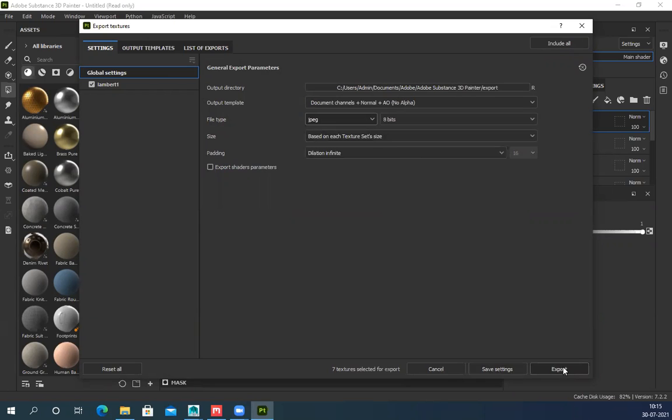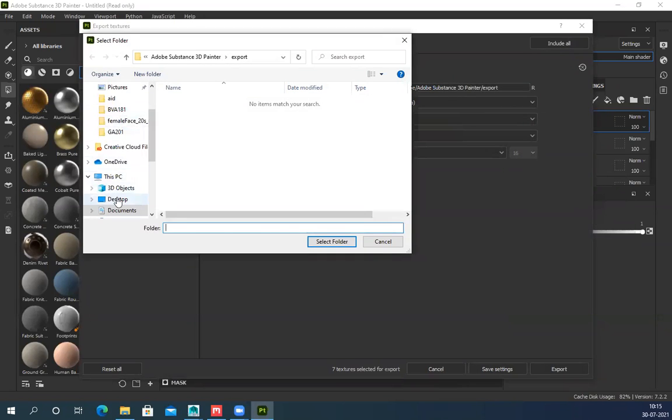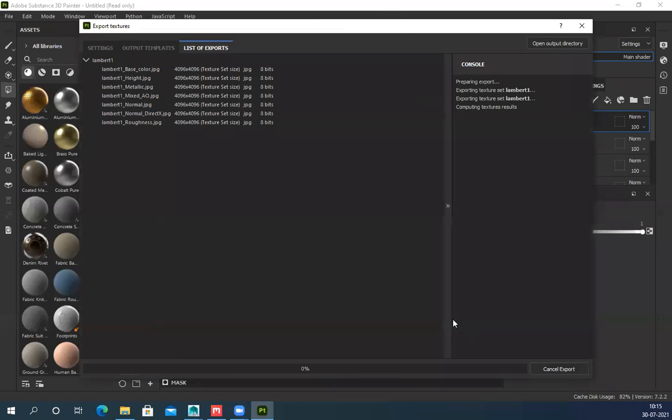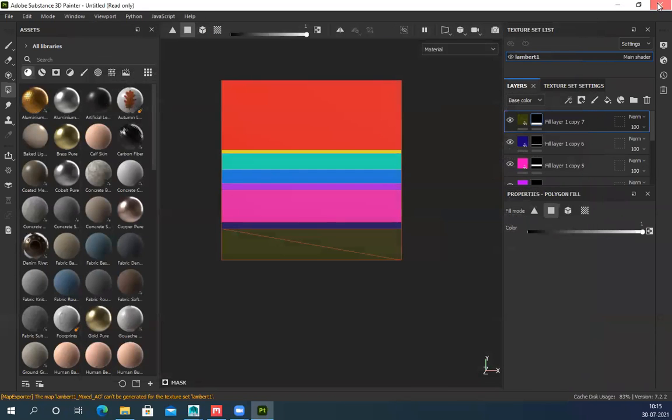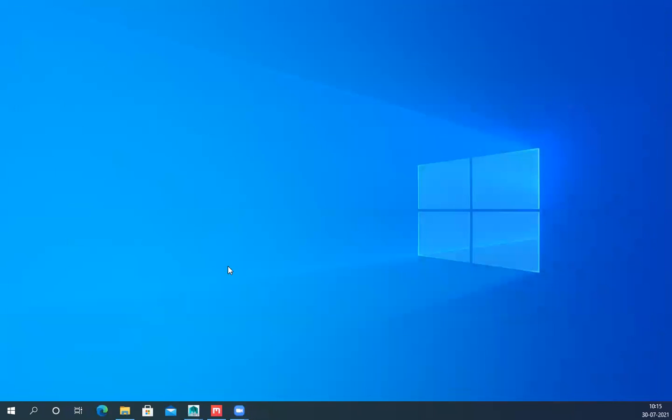So it will be on the desktop. Done. Delete this. This is not required. So I have exported everything. You can see this is the map, a colorful rainbow color map. Now I need that same plane without the cuts or with the cuts. Doesn't matter, it doesn't make any difference as long as I have an ID map.